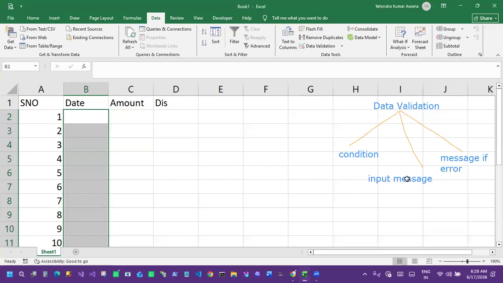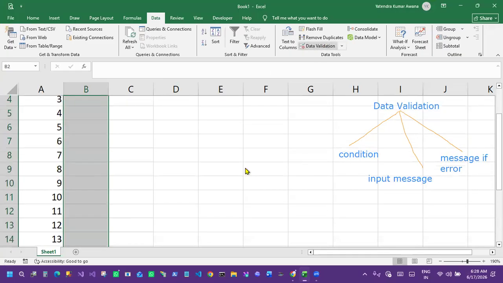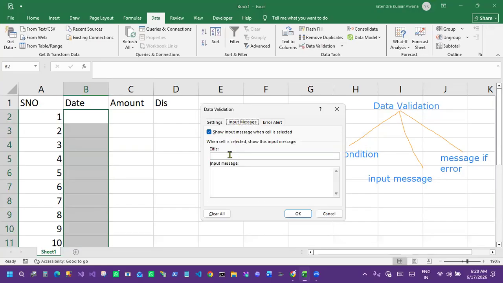If we do not work with the input message and error, then it will give the default behavior. When I'm clicking here, is it showing anything? No, it is not showing anything, right? So if you want it to show something, then you take the input message, and here you can write a heading.